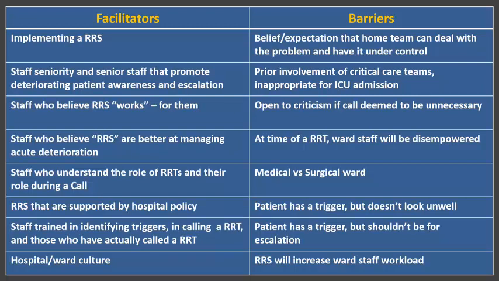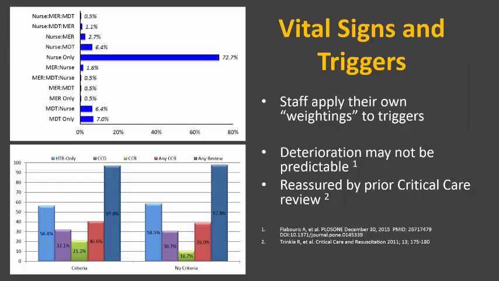And even if you are a fan of the rapid response system, you're still at the coalface when it comes to looking at patients who potentially are deteriorating. You can raise your doubts when someone's got a criterion or a trigger for escalation, but they look good. Or someone's got a trigger for escalation and you shouldn't escalate them. You should be heading towards differences in goals of care. So all of those create conflicts and contribute to afferent limb failure.